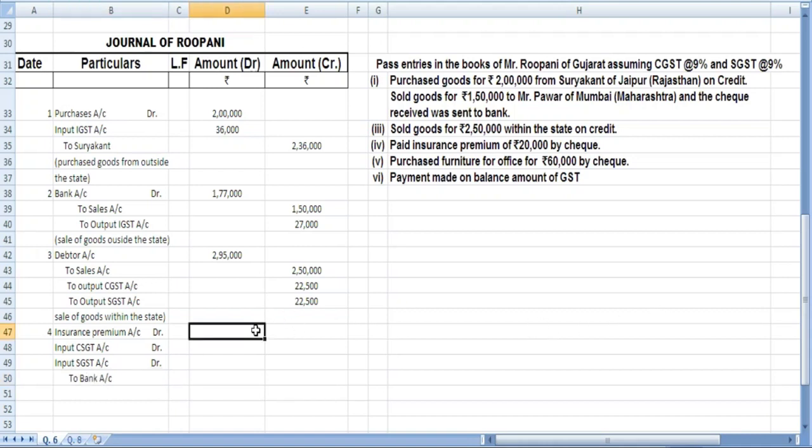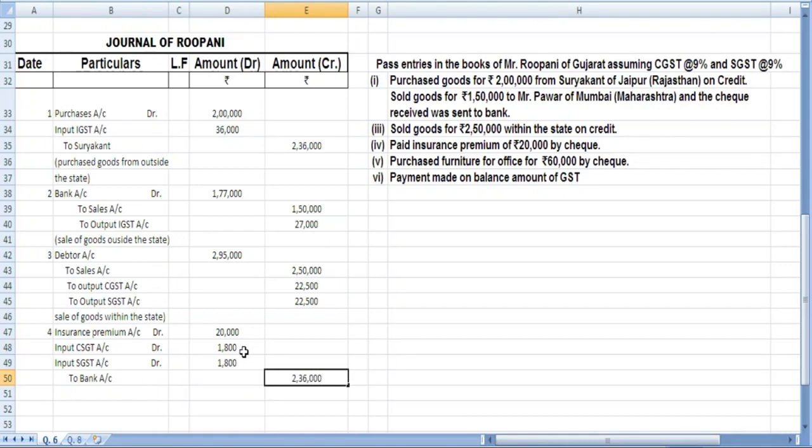So insurance premium is 20,000. 20,000. 9% of 20,000 is 1,800, and again 1,800, and so this will go to